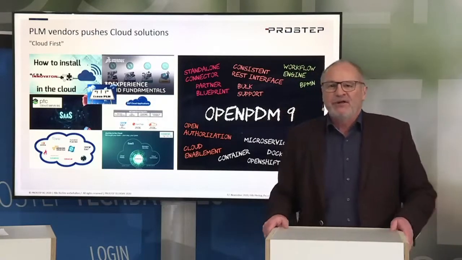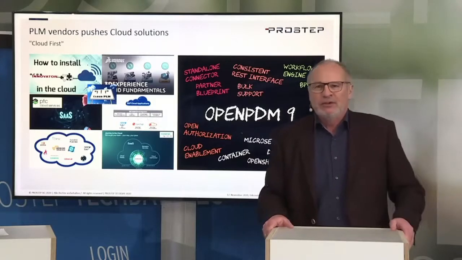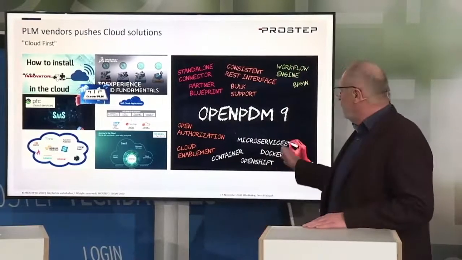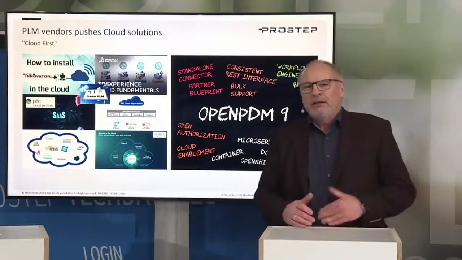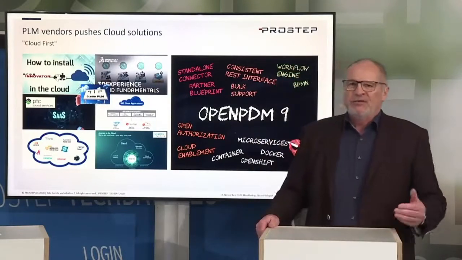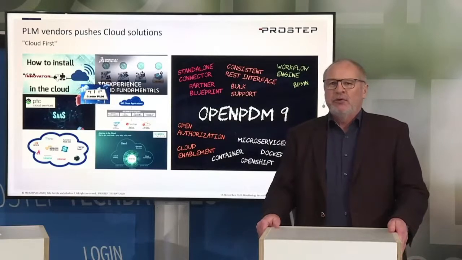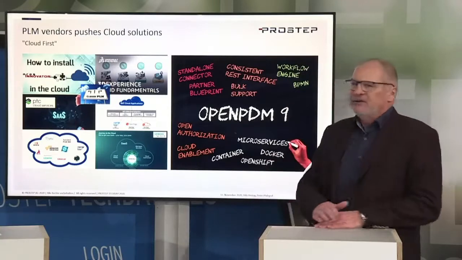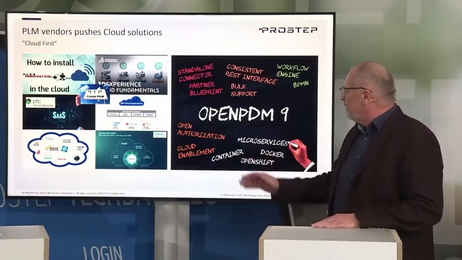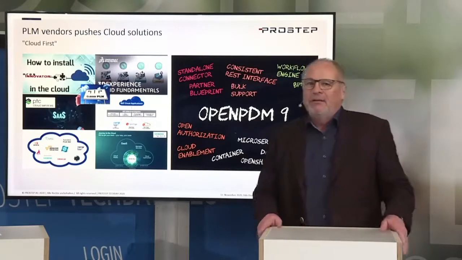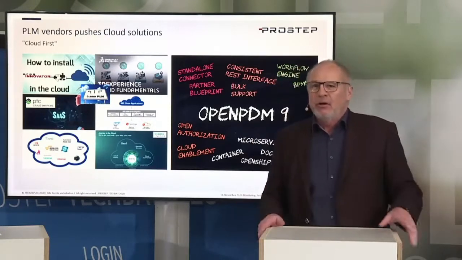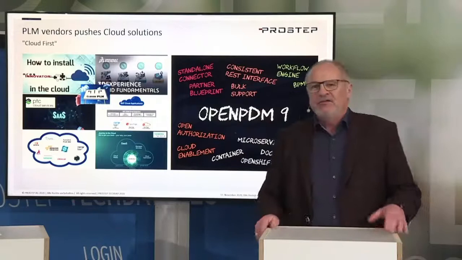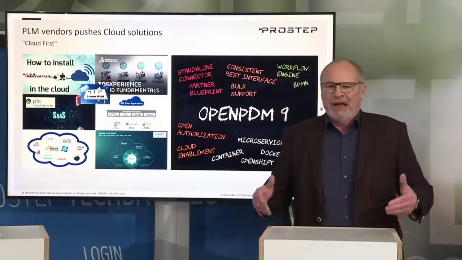We have standardized REST interfaces, which of course for the integration in such cloud environments will make things much easier in future. And right now we're analyzing cloud environments to see what that means for us in the context of deployment, Kubernetes, OpenShift and Docker. That's going to be something that's going to be with us the next 1 or 2 years. Then, of course, there are minor issues like authorization, and also beyond that, with the new technology, it's easier for us to make these solutions available to our partners.